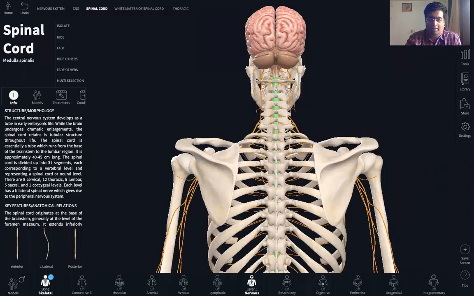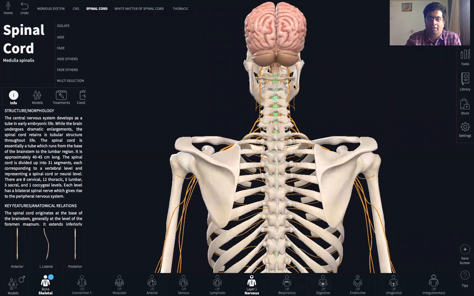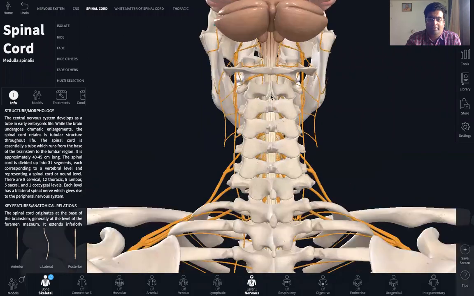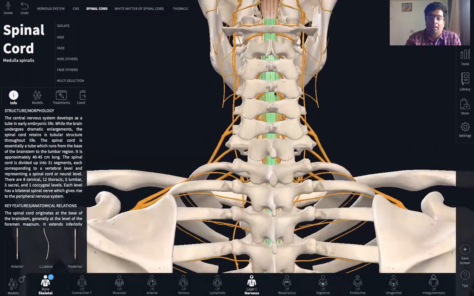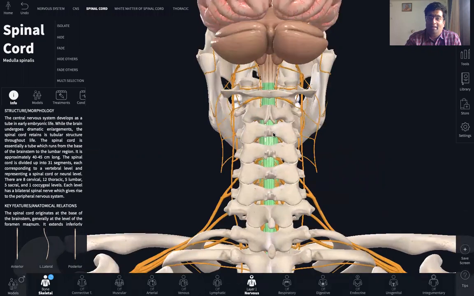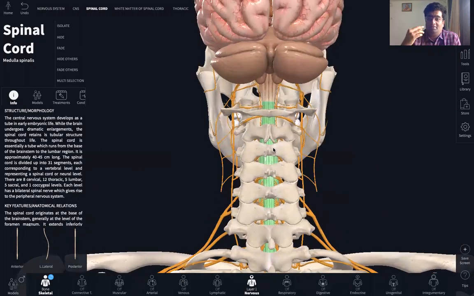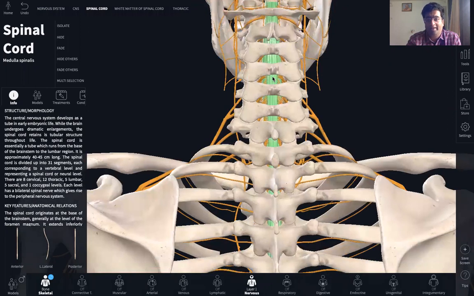Fine. So now let us shift our focus to the spinal cord. As you can see here, the spinal cord has been highlighted in green. It is the continuity of the brainstem, actually, the continuity of the medulla oblongata. In fact, the arrangement of the white and the gray matter in the medulla oblongata is the reverse to what you find in the cerebrum and cerebellum, meaning the white matter is outside and the gray matter is inside. And the same is the arrangement even in the spinal cord, that the white matter lies outside and the gray